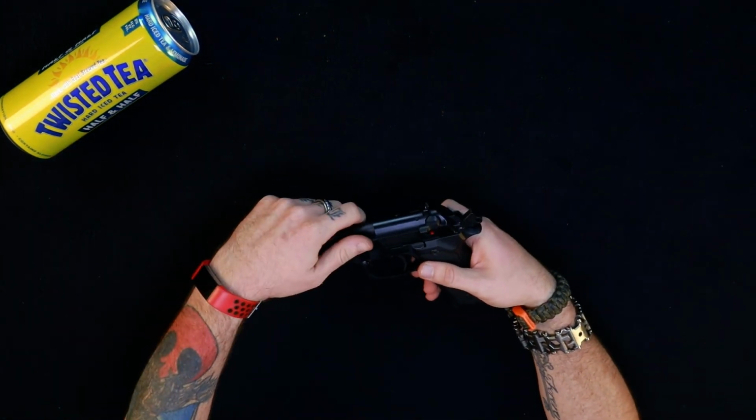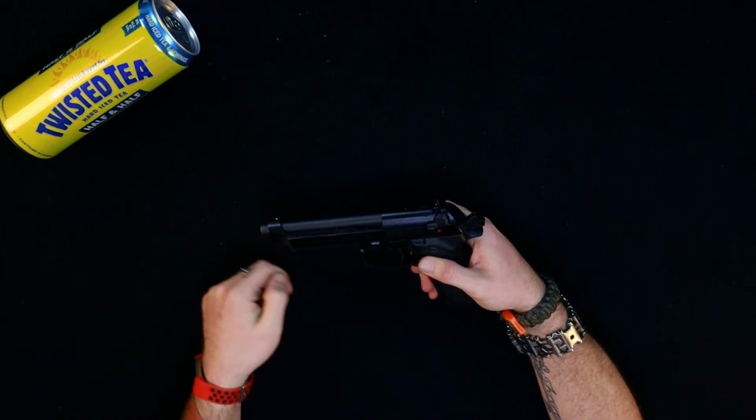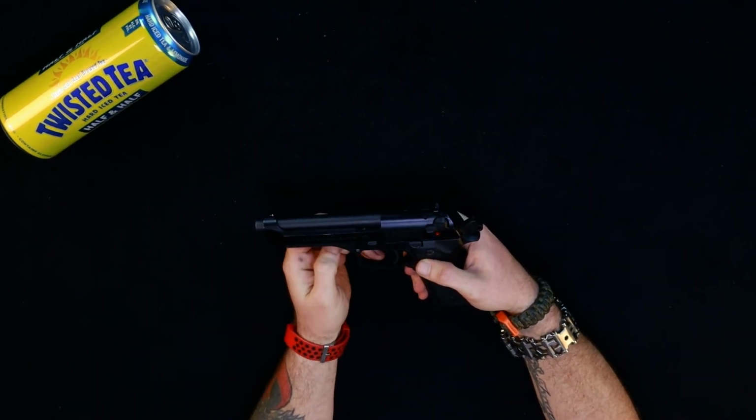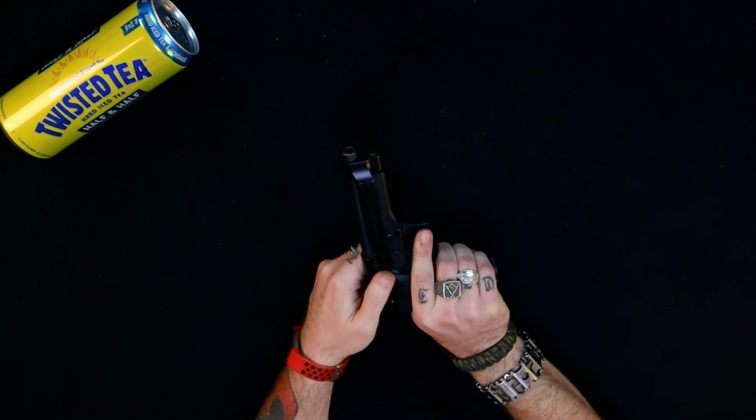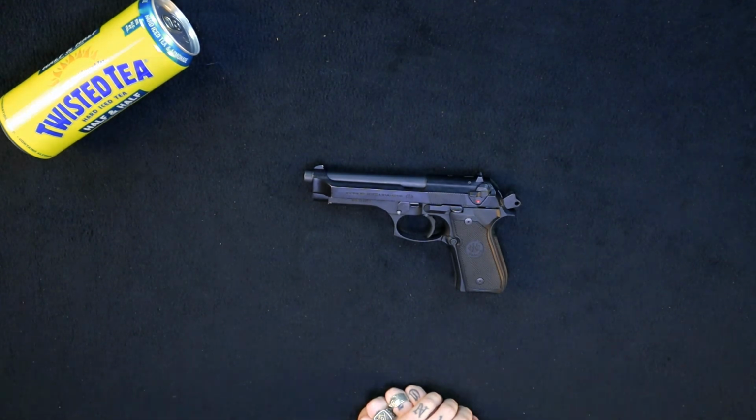Set the frame on the slide, bring her back, and move that switch forward, up rather. That's a Beretta 92. Now before we move on past the era of the Beretta, we need to throw out